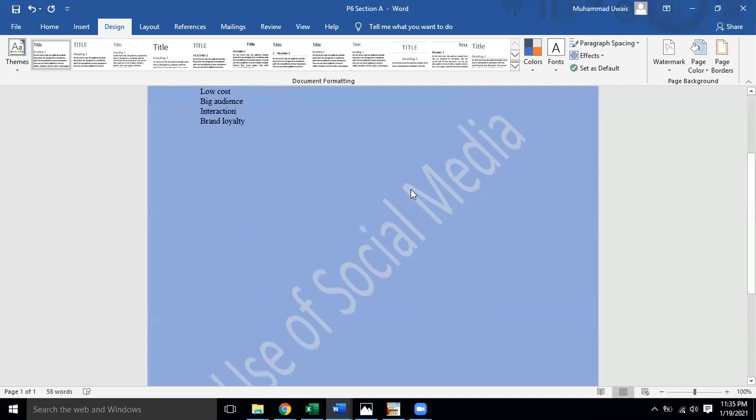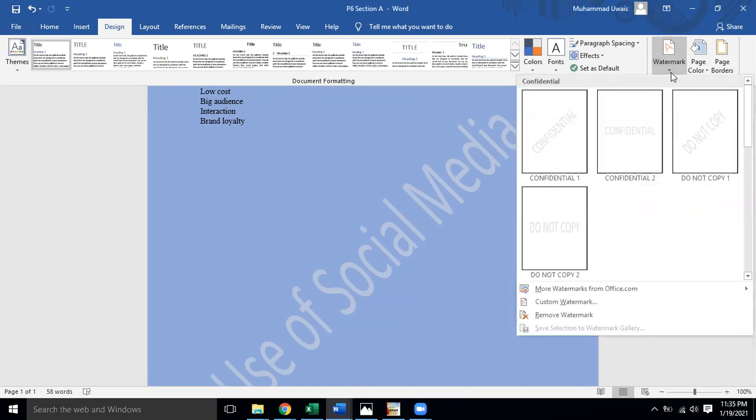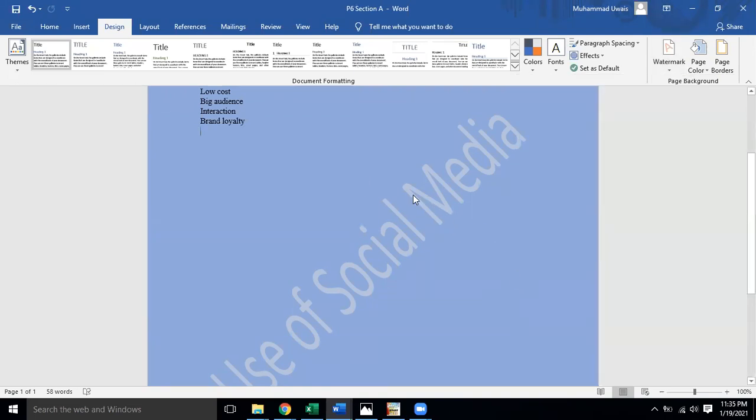You can see that now this is not editable. You cannot edit it over here. But if you want to edit it, you will have to go to the watermark editing. You can change the watermark from here or remove it from here. You will click over here and you will be able to remove this watermark. But in normal condition, it has been pasted as a background. And watermark means its color will be, of course, light gray.